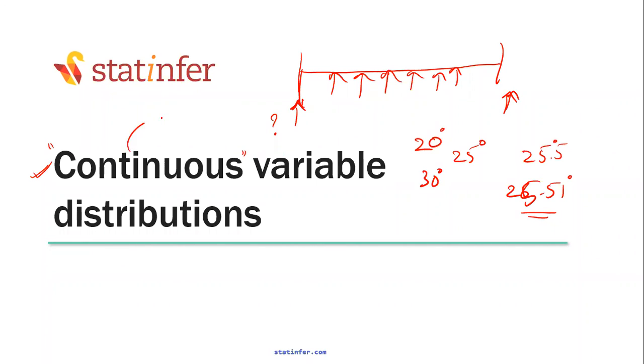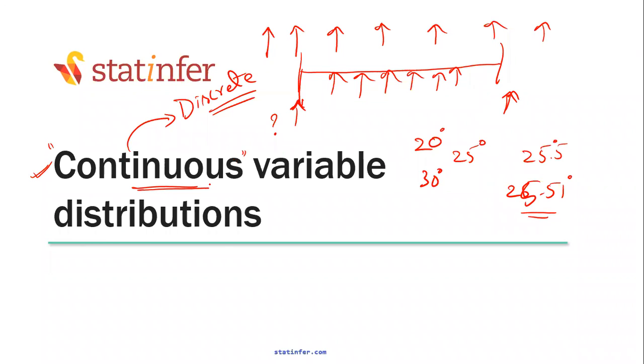The opposite of this is a discrete variable. What do you mean by a discrete variable? A discrete variable takes only discrete values. It doesn't take continuous values. Continuous variable examples are temperature, bank balance, income. These are all continuous variables. Price is a continuous variable. That's right. What is a discrete variable? A discrete variable only takes discrete values within a range. They cannot take all the values in between.